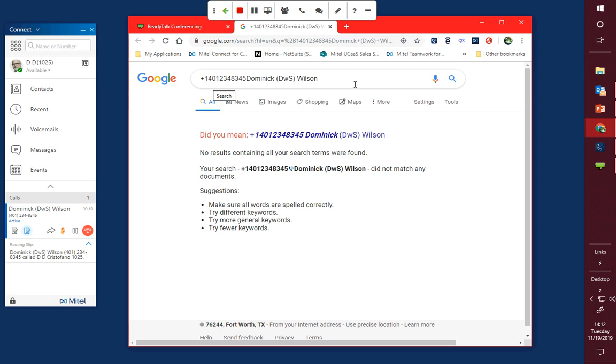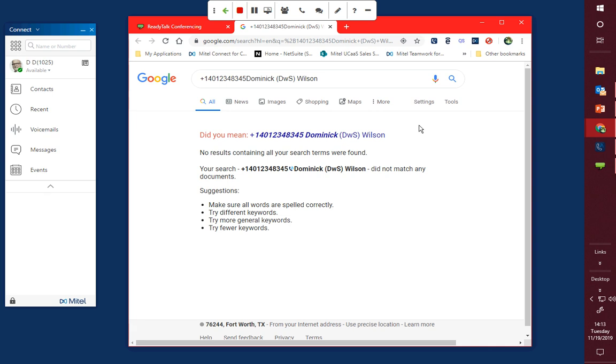So in this case, obviously, once again, passing that data into the Google search engine didn't quite make sense to the Google search. It recognizes that there needed to be a space there, but I think we understand what we're trying to do here. So far we've done that on inbound calls, but you can also do that on outbound